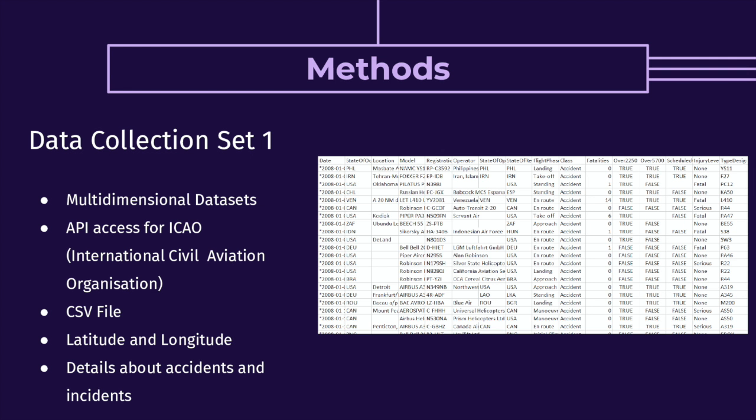For data collection, multi-dimensional datasets were sourced from 3 different providers. The first dataset showed the accidents or incidents from 2006 to 2018 and was sourced from the ICAO. The file downloaded was a CSV file given by using a key to access the API. This data source was most useful since it contained both accidents and incidents, as well as aircraft type, country, fatalities, years, which coincides with the aims of this project. The dataset also contained geographical coordinates of the nearest major city to allow plotting of a visualization of the distribution of airline accidents and incidents.